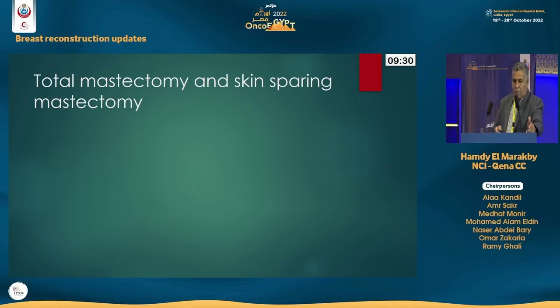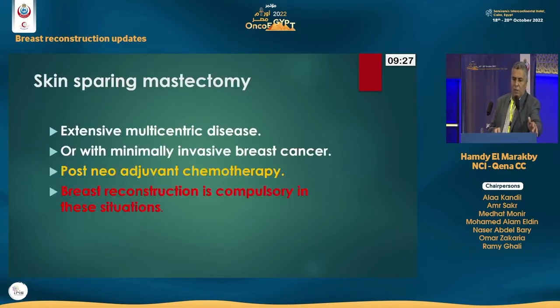What about total mastectomy and skin-sparing mastectomy? Skin-sparing mastectomy was initially described and indicated for extensive multicentric disease or minimally invasive breast cancer. Nowadays, we use it post-neoadjuvant chemotherapy. There was a question mark whether to do or not to do skin-sparing mastectomy after neoadjuvant chemotherapy. The guideline says that it is the same as for patients who haven't had preoperative chemotherapy, I mean multicentric disease,